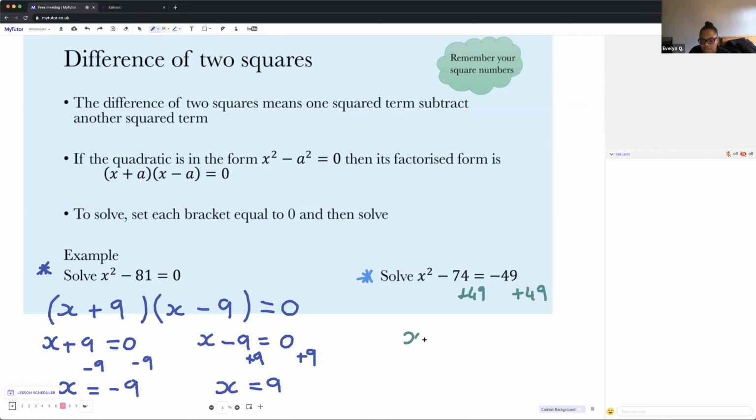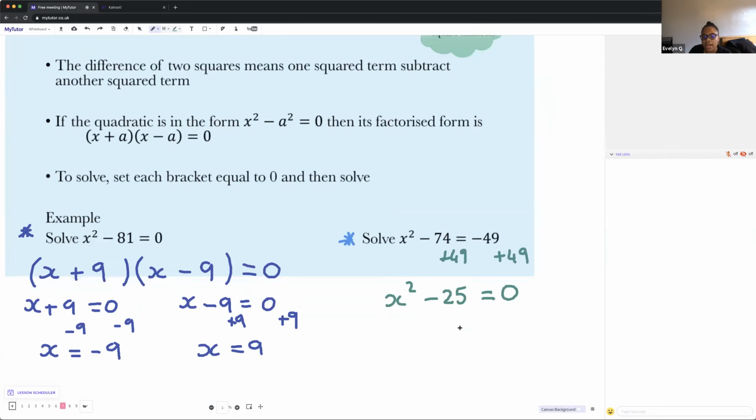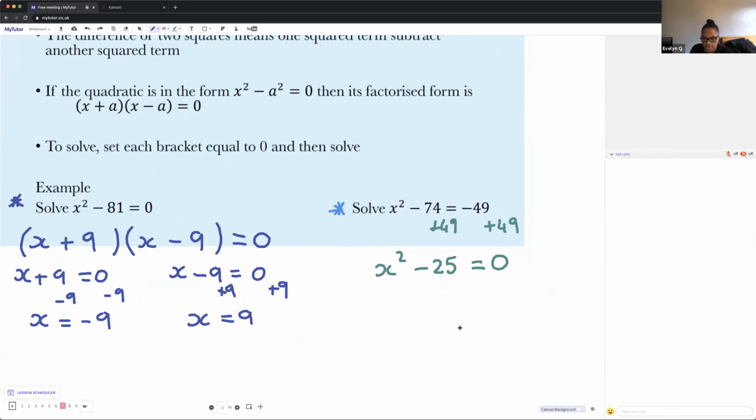So I'm going to get x squared, and then minus 74 plus 49 gives me minus 25. And on the right hand side, I've got 0 because I've got minus 49 plus 49. That just gives me 0, yeah? Now, if I check these two terms, x squared is square, 25 is also square because the square root of 25 is 5. So I can split it into these two brackets, x plus 5 and x minus 5